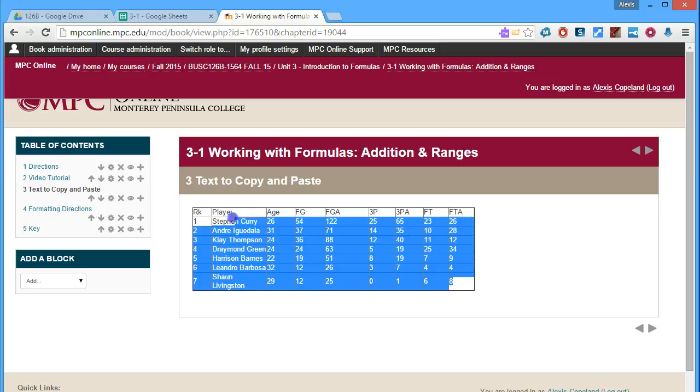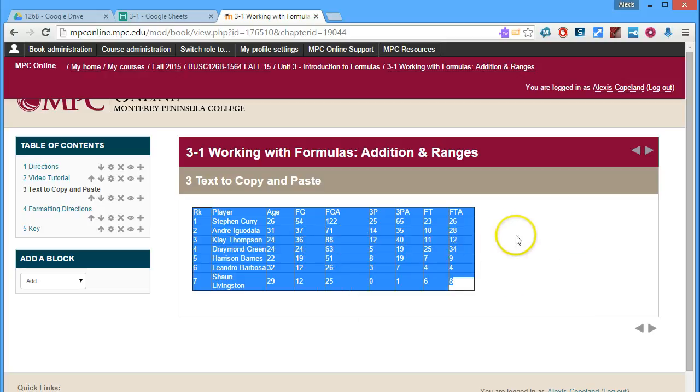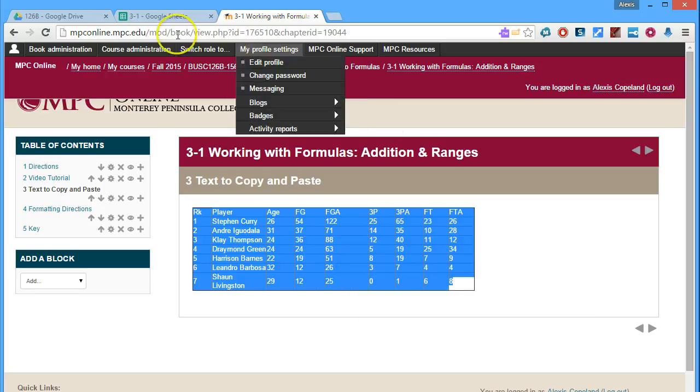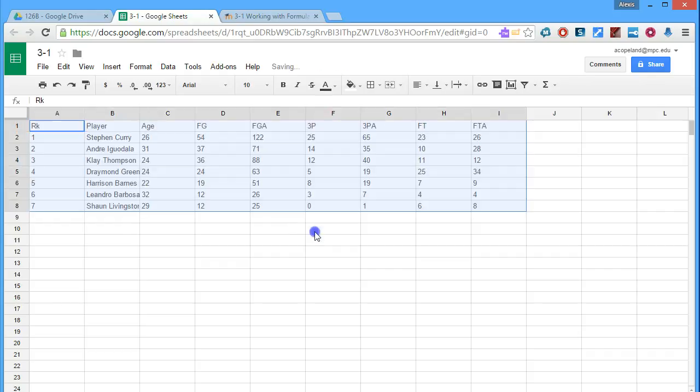Okay, so I'm going to 3-1 in my MPC Online class. I'm going to copy under text to copy and paste. I'm going to select all of that, right click and copy. Go back to my Google Sheet by clicking on that tab, and I'm going to paste it in. All right, okay, so we have